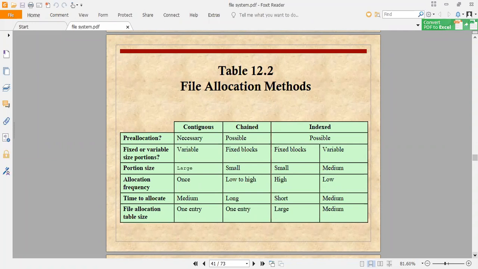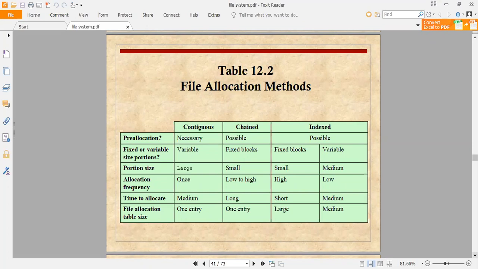Looking at this table, it is quite comparative: pre-allocation in the case of contiguous is necessary, whereas in chain it is possible but optional, and in index it is also possible but optional. If we talk about fixed or variable size portions, in contiguous we follow variable, whereas in chain we follow fixed blocks only. In index we follow both fixed and variable blocks.